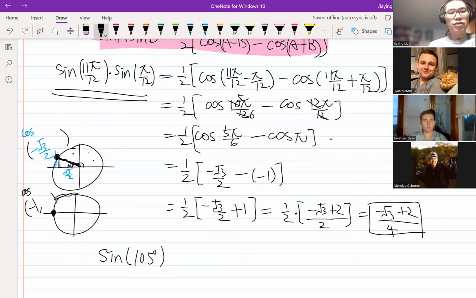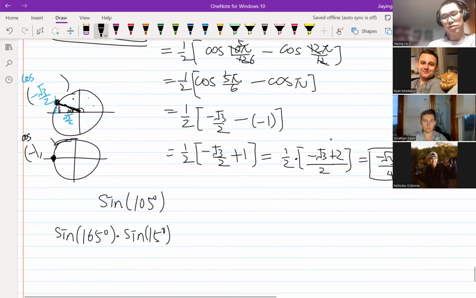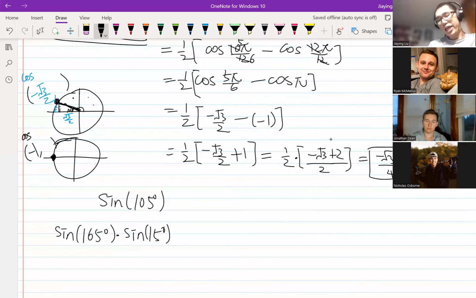So you basically convert this into sine 11 pi over 12, that's 11 times 15. So that's 15 times 11. So we get 165. So sine 165 degrees times sine 15 degrees. So that's a given problem in degrees. And from here, what you can do is you can try to break the problem into nice angles. For example,